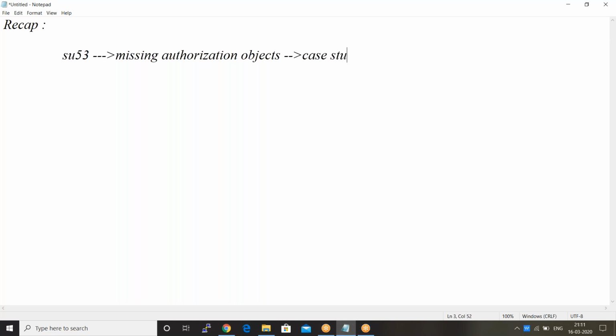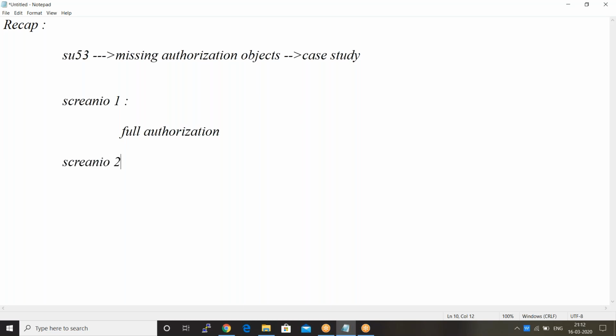So see here, so far how many scenarios have you completed? So far we have completed three scenarios. Scenario one is how a new employee will be joining. You have to provide full authorization using SAP_ALL concept. And scenario two?